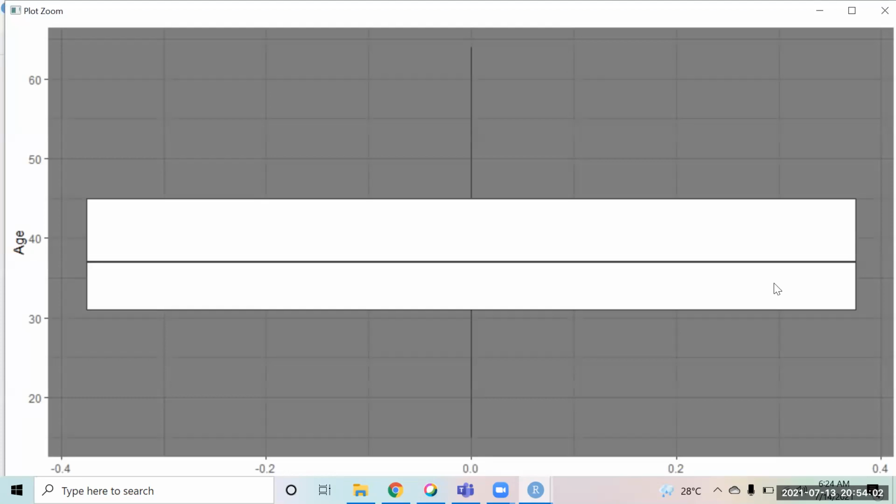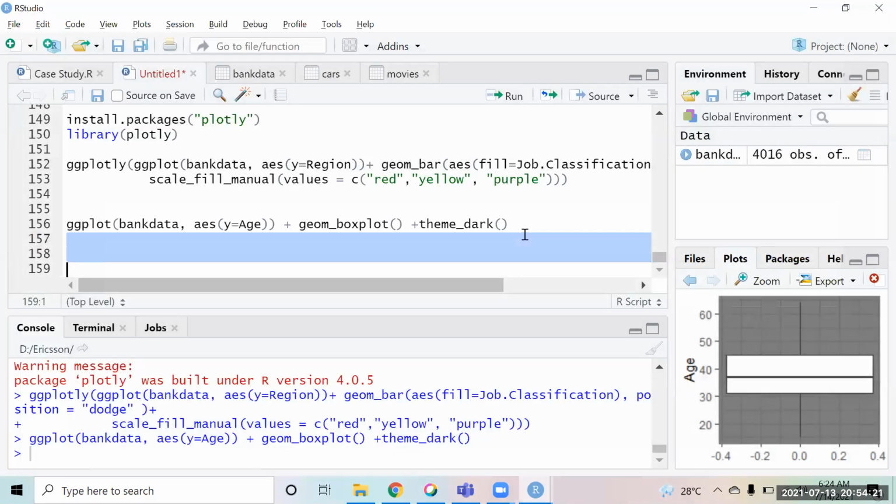So these are not very interactive. You will see the chart over here. Okay, so we see this chart over here now. The colors and all will be changed.